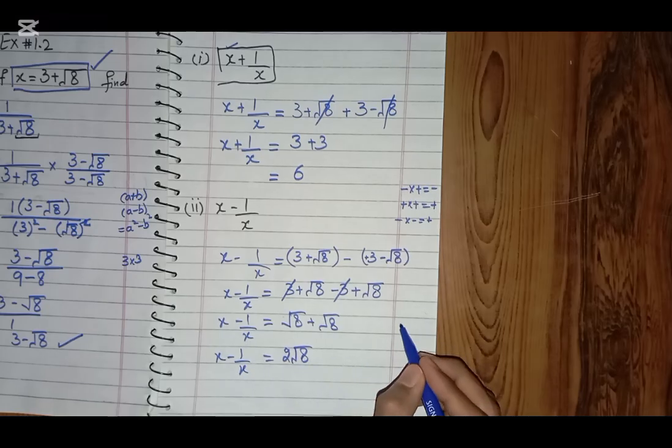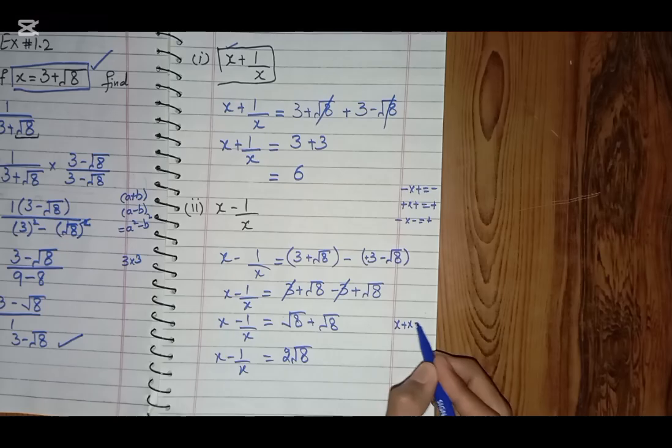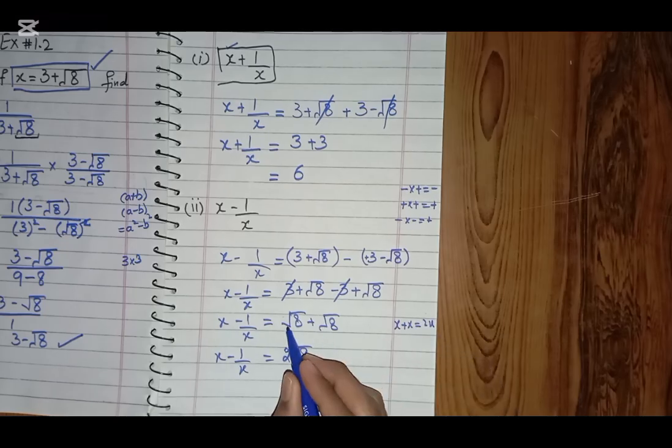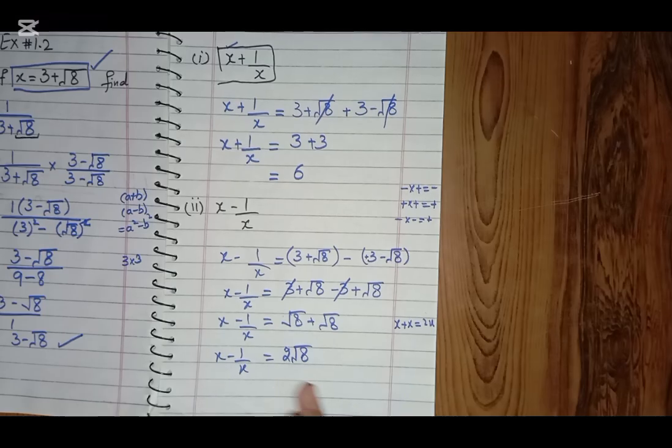As you know, if x is added with x, you get 2x. Similar to this, if this is square root 8 and this is also square root 8, you can say that this is 2 square root 8. If we move to our third part,